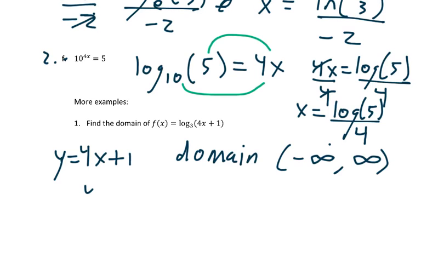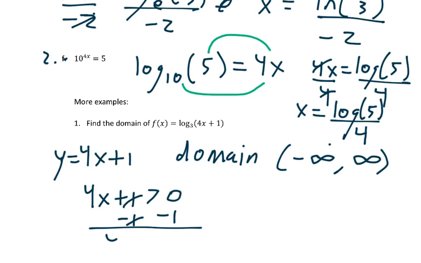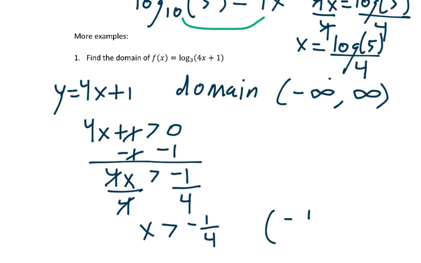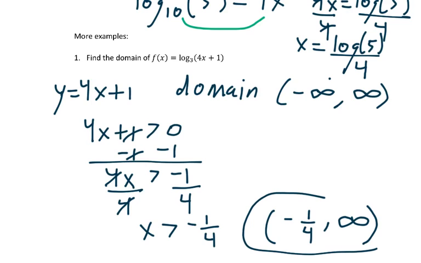So all we care about is when 4x plus 1 is greater than 0. And again, we just solve this inequality for x. Subtract 1. These cancel. We get 4 times x is bigger than minus 1. Now, dividing by 4. 4's cancel. We get x is greater than negative 1 over 4. So from here, we get minus 1 over 4, comma, infinity. So that's the domain of our